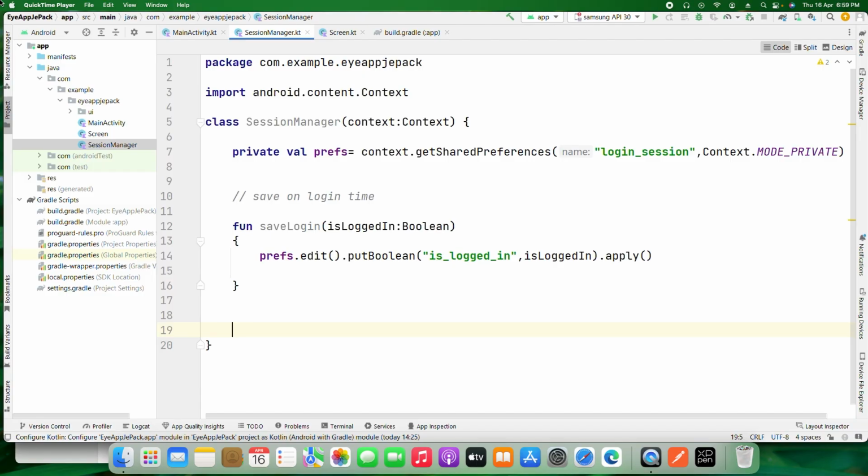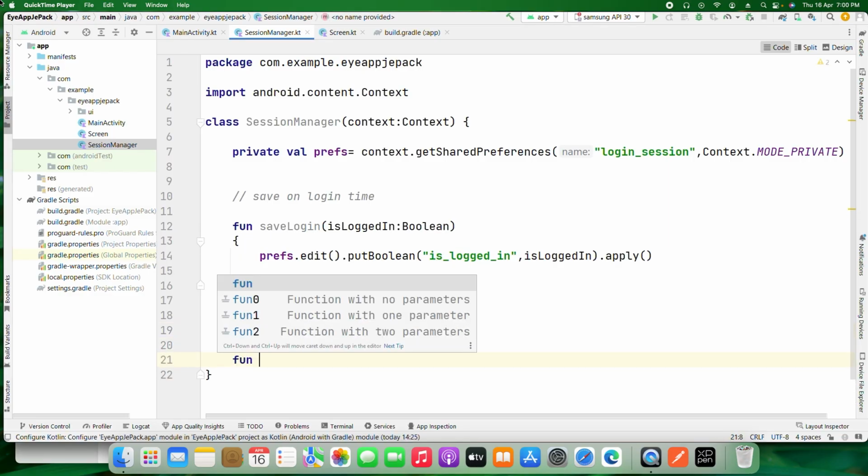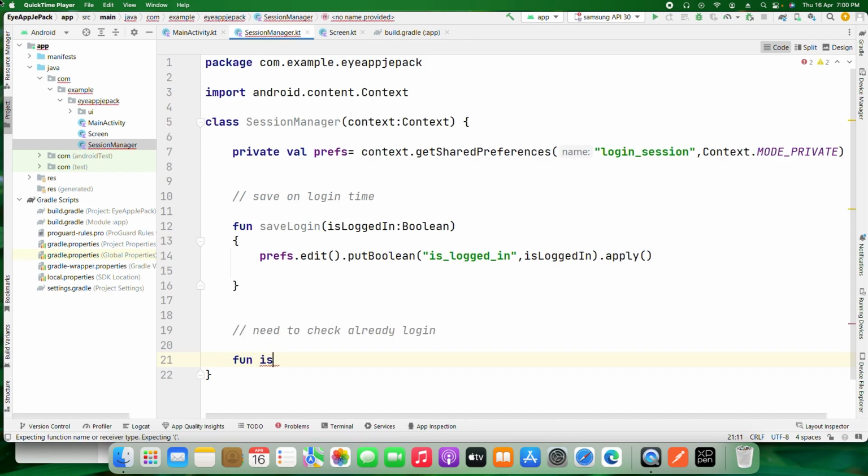Now we have to cross check whether the user is logged in or not before saving it or passing to the screen. So here we need to check that the user is already logged in or not. Okay, so here I'm just making the function is logged in, boolean return. Okay, so it can return